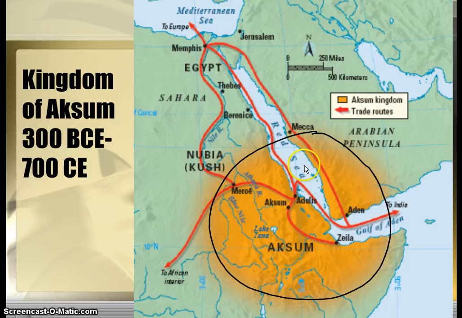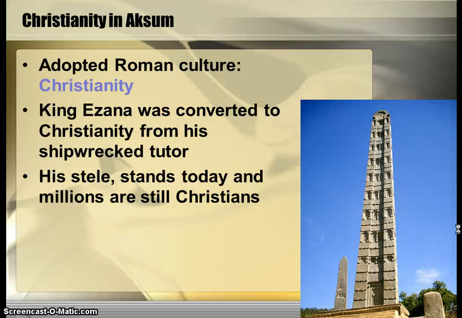It's right here in Africa, right below Egypt. We've got the Red Sea right here, and it extended onto the land of the Arabian Peninsula. The people in Axum adopted Roman culture in a number of forms, and one of the things they adopted was Christianity. One of their kings, a guy named King Ezana, converted to Christianity and then spread Christianity throughout